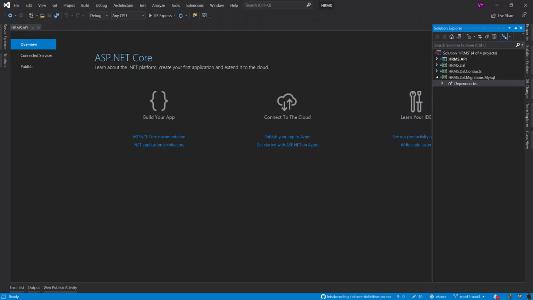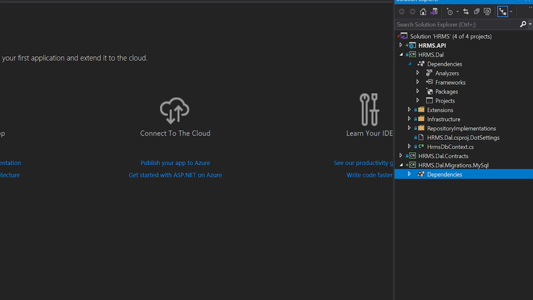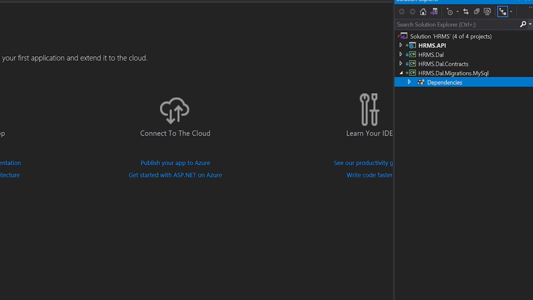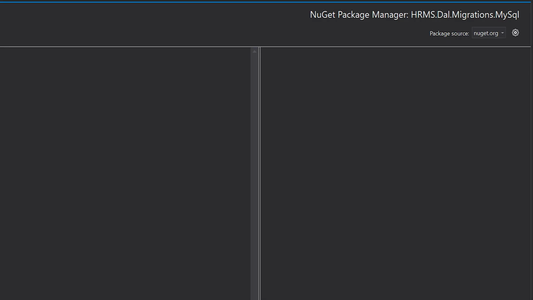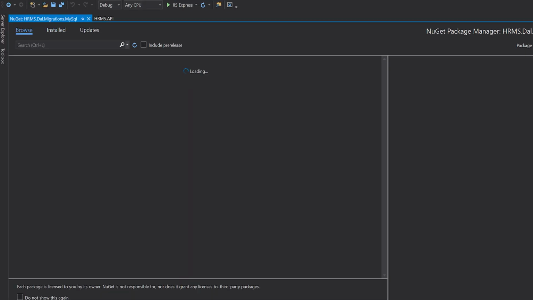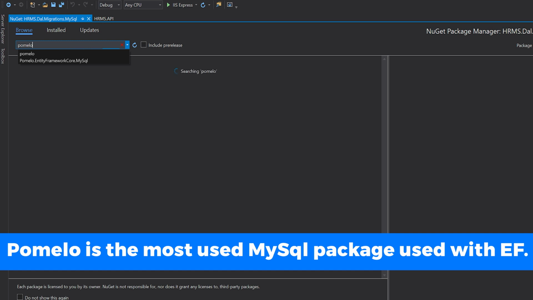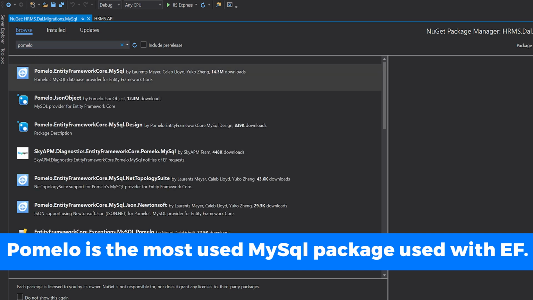So now what we need to do, we already have the EF tool packages in our DAL project, which you can see right over here. Now let's quickly add the MySQL specific database driver, and Pomelo is one of the most common ones that is being used. So that is what I will use as well. We will go into the NuGet package manager, and I will just type in Pomelo over here. And it will give you all the database specific for Pomelo. Okay, now it's ready. So we will use the first one which is available.